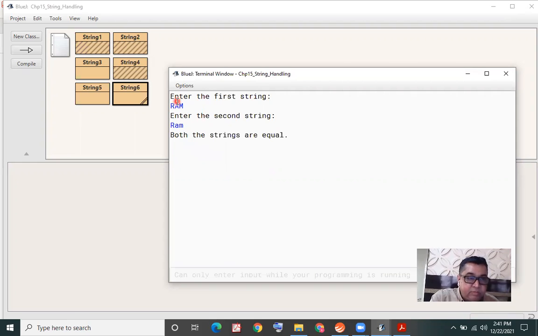This time, the equalsIgnoreCase method tells me that it is not differentiating the strings with respect to the case. So equalsIgnoreCase will ignore the difference in the case of the two strings. Only if the case is different, it will ignore that and accordingly give you the answer.